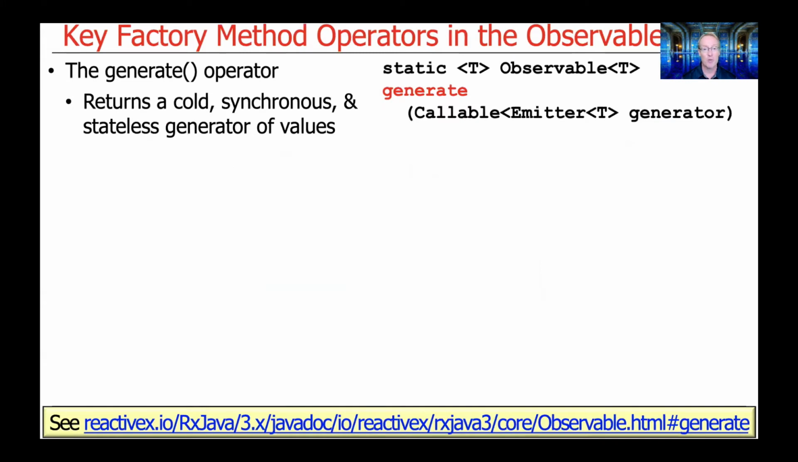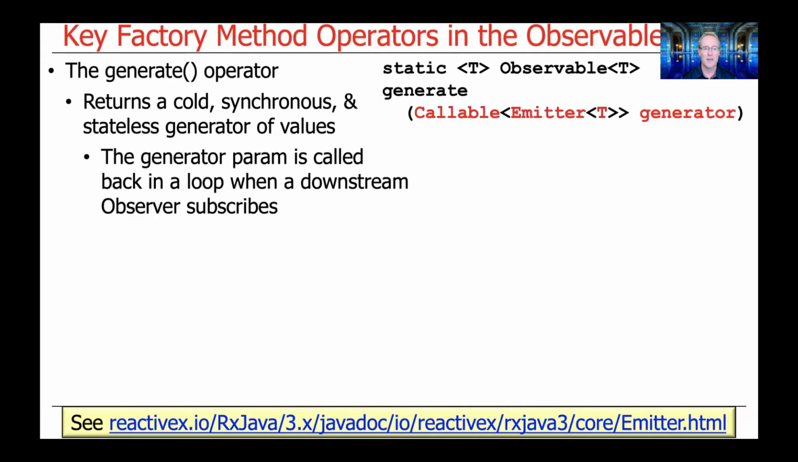The generate operator returns a cold, synchronous, and stateless generator of values. Cold essentially means that every time it's invoked, it'll start from the beginning, and doesn't cache any values, for example. Synchronous means it's called in the context of the calling thread, and stateless means it doesn't remember anything between calls. It's passed a parameter called generator, which is called back in a loop when a downstream